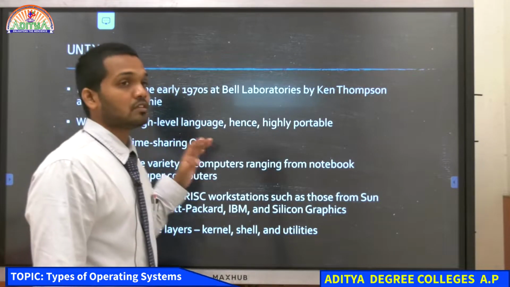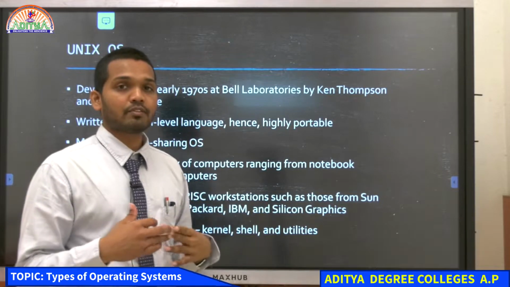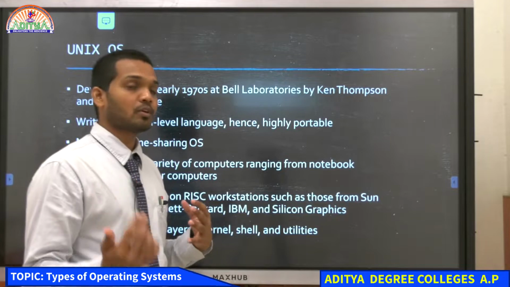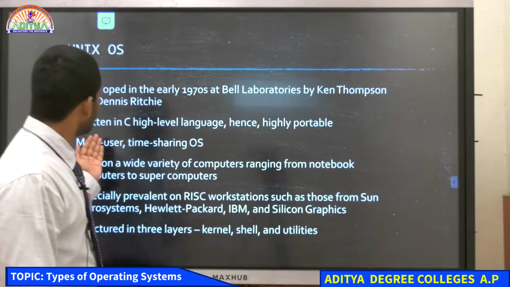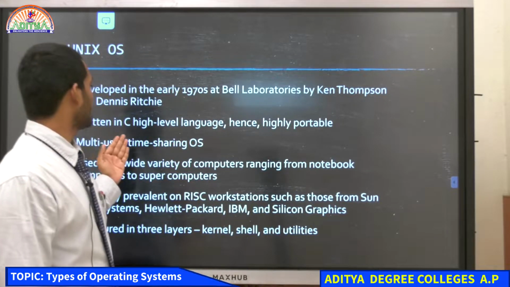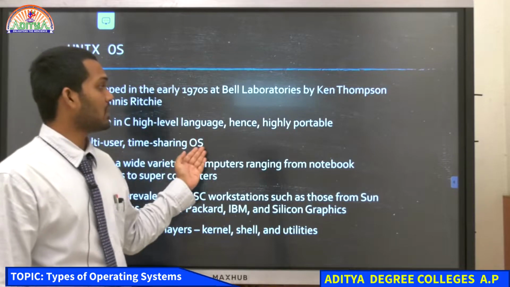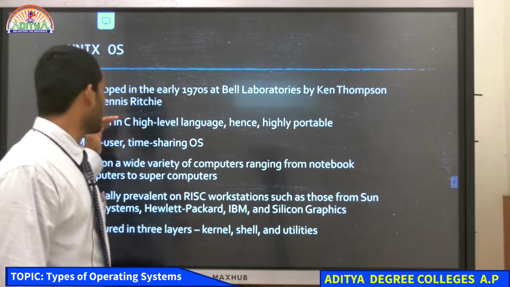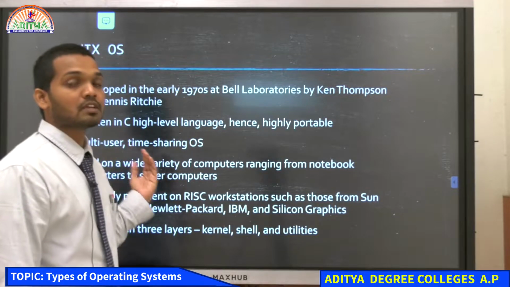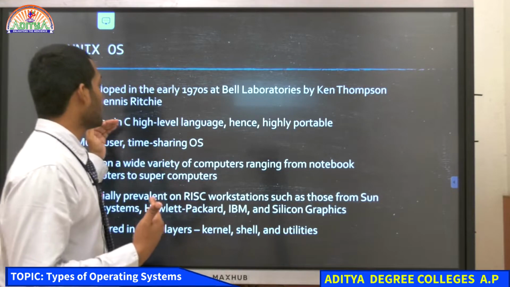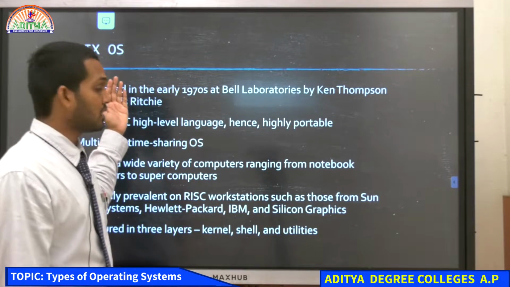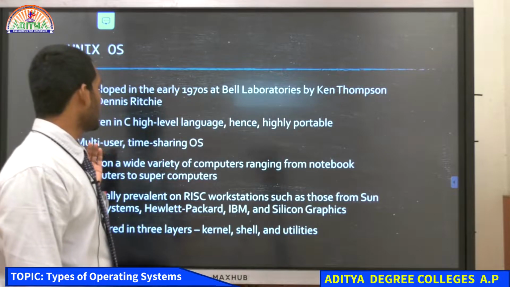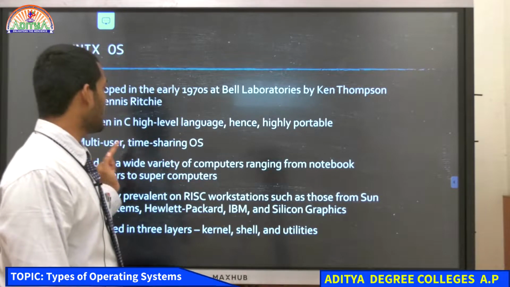Dennis Ritchie is a person who is very famous in the computer industry, and he created several programming languages like C programming. This Unix operating system is written in C, a high level programming language, hence highly portable. This is the person who created the C programming language, and they used it to create the Unix operating system. And it is a multi-user operating system, and a time sharing